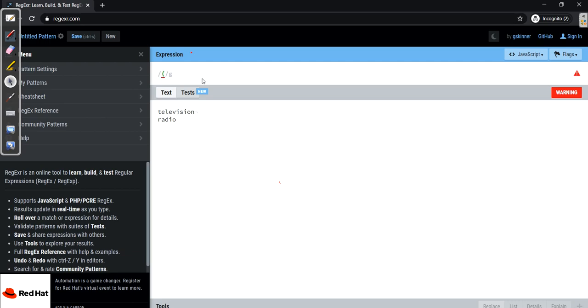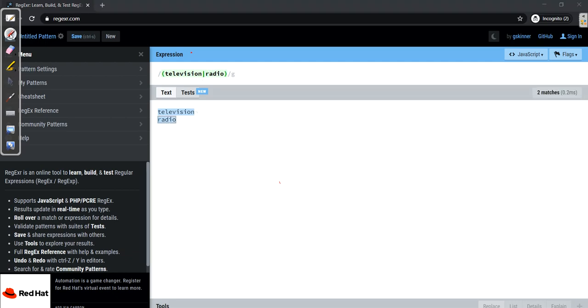So I'll make a grouping character, and within it television, the upright bar, and then radio. Here we can see it matches either television or radio, either the left expression or the right expression.